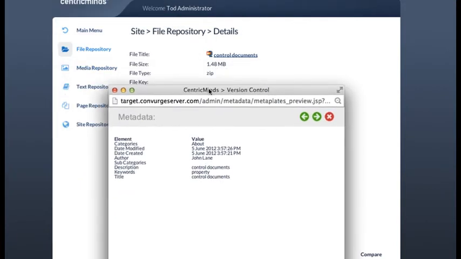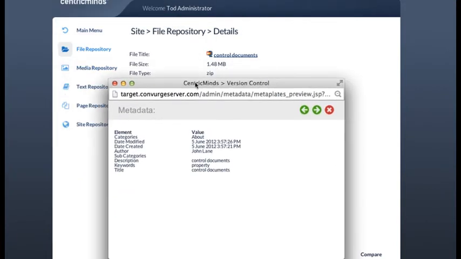And in this modal window that's popped up, you can see that each of these elements has a value. In this case we have a keyword of property, and we have a piece of metadata of this author, and that lets us know who's created the document, which is John Lane, and when it was created and by who. And these sorts of things,